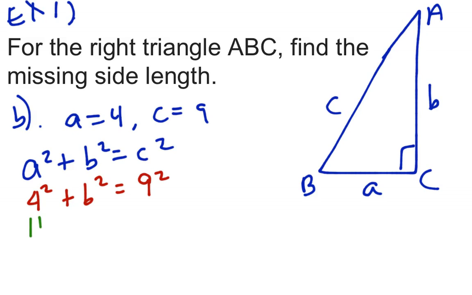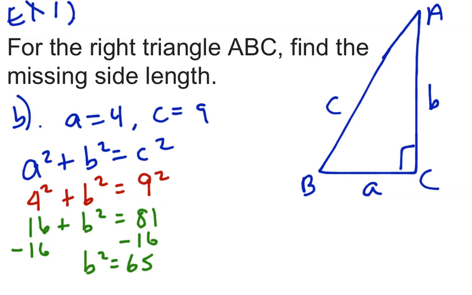Simplifying this would be 16 plus b squared equals 81. Now I have to use inverse operations, so I'm going to subtract 16 from both sides. B squared is equal to 65, so 81 subtract 16. And that's not a perfect square, so again, I'm going to use a calculator to figure out the square root